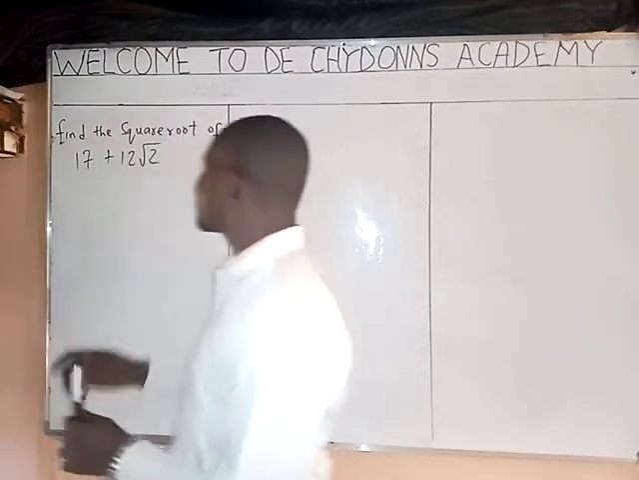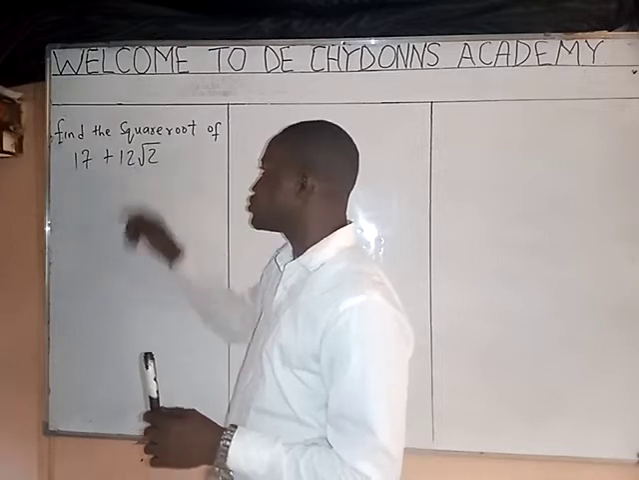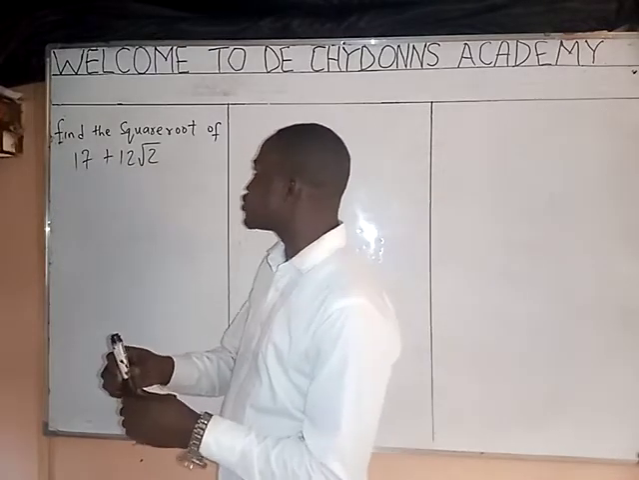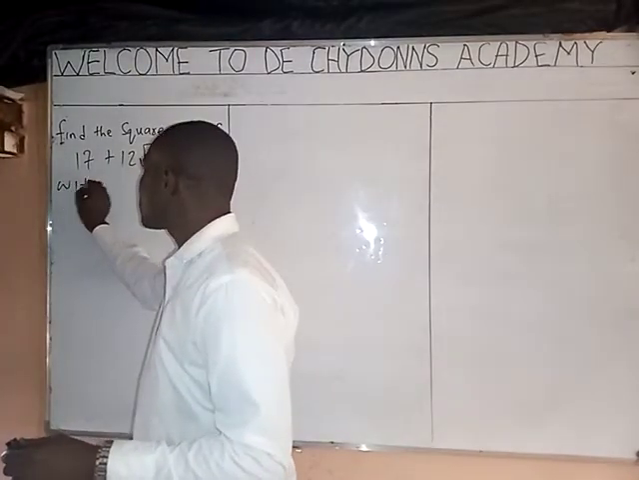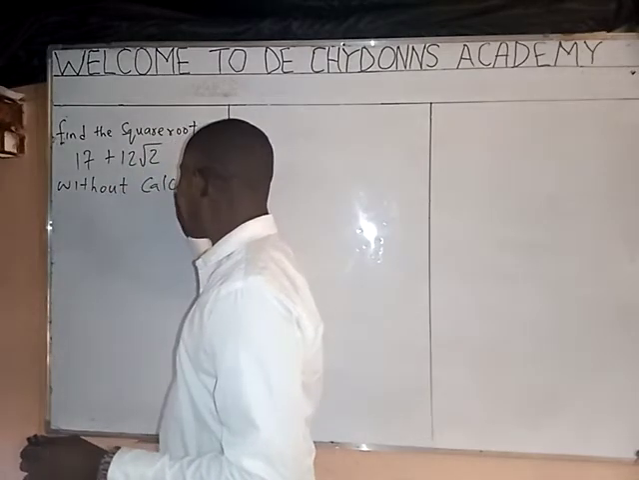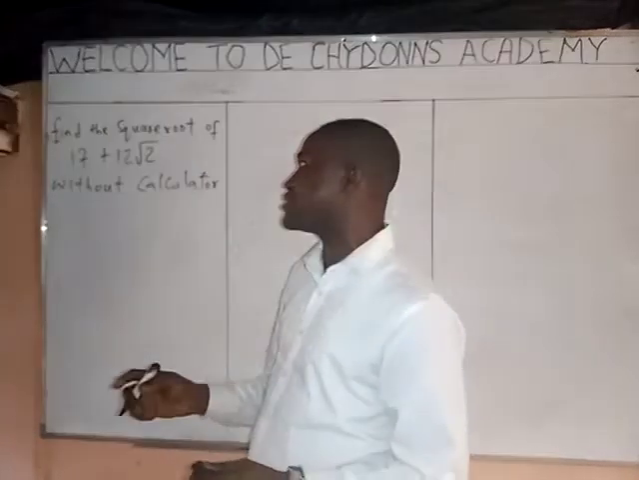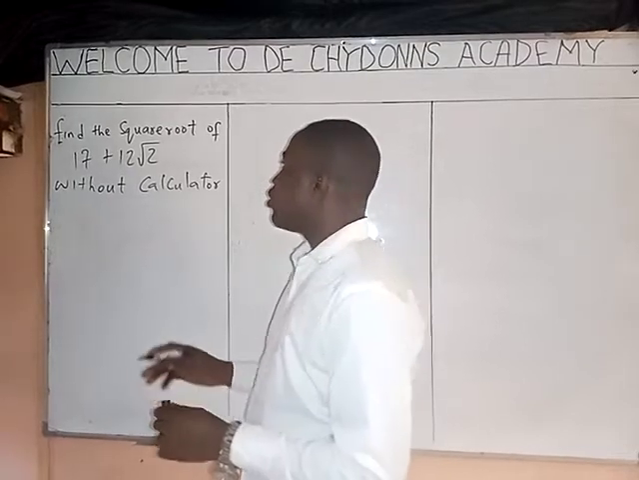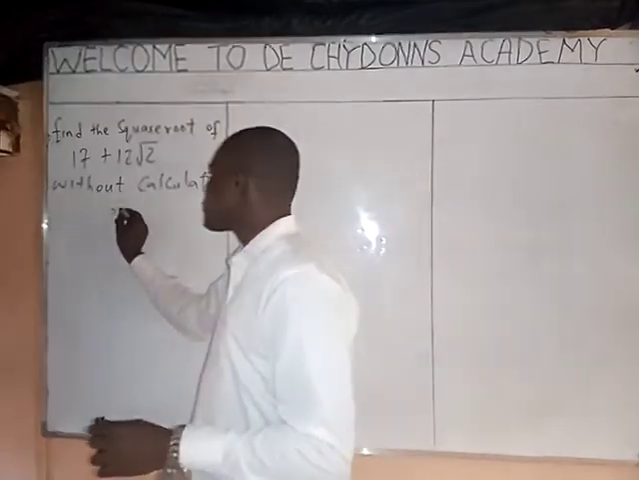The question says, find the square root of 17 plus 12√2. Find the square root of 17 plus 12√2 without a calculator. We know that with a calculator you can package it well and the calculator will tell you the answer. But they say without a calculator, so how do you get it? What you now do if you have this type of question is,